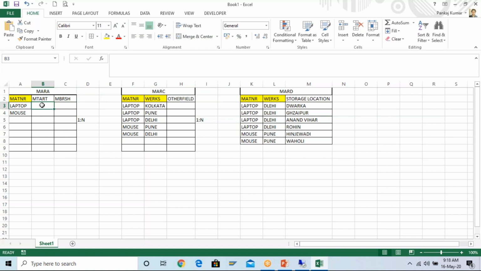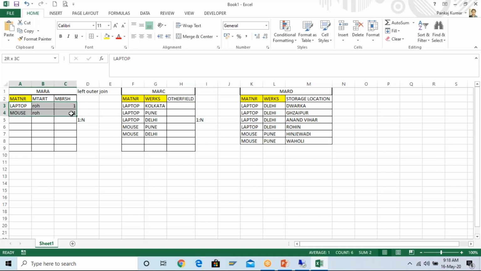Let's suppose MTART is something like ROH, and material 0101. It's not real time data, just for showing you. And we're going to put the left outer join on MARA and MARC, based upon the material number.